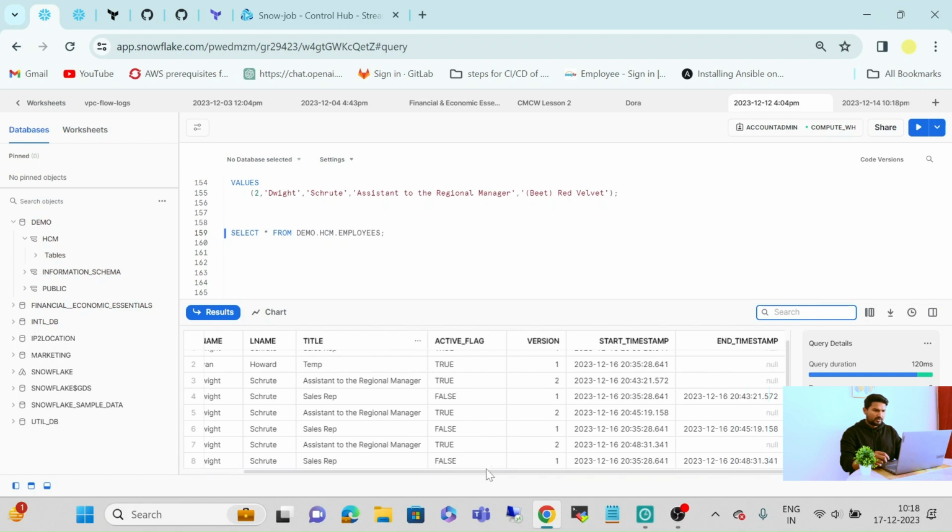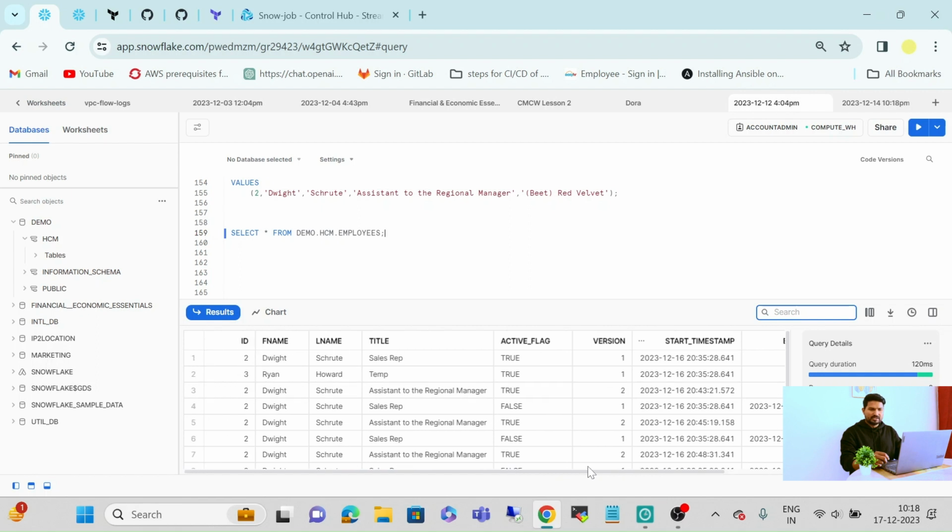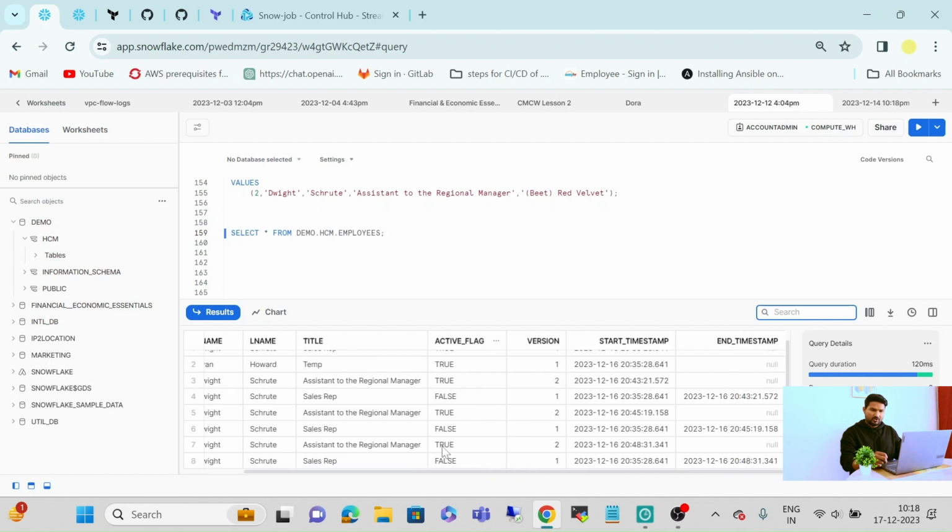As you can see, our first customer's position was sales representative. Now it is false because we have an updated position for our customer, assistant to the regional manager. It is true, and it doesn't contain the end timestamp, and the version number is second.